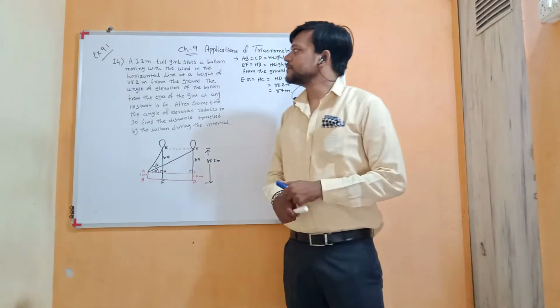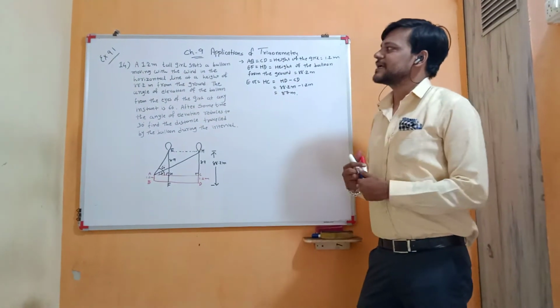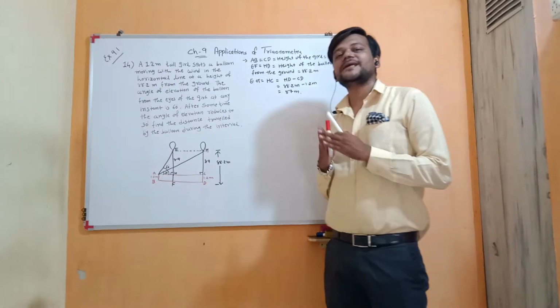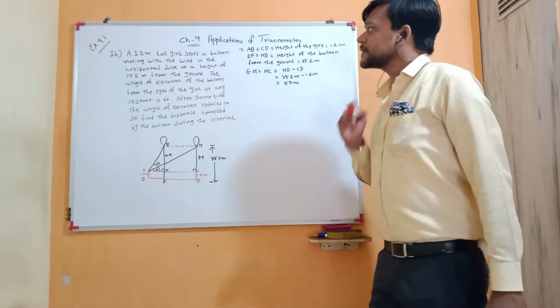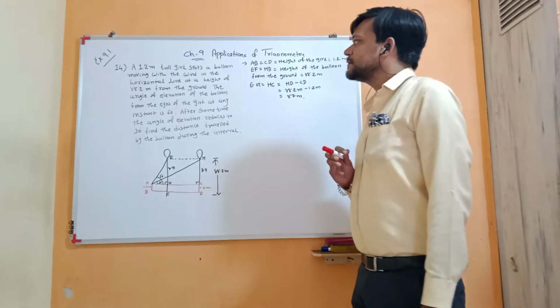Hello students, in this video we discuss question number 14 of exercise 9.1. Students, this is a very important question for 4 marks, and the question is: a 1.2 meter tall girl spots